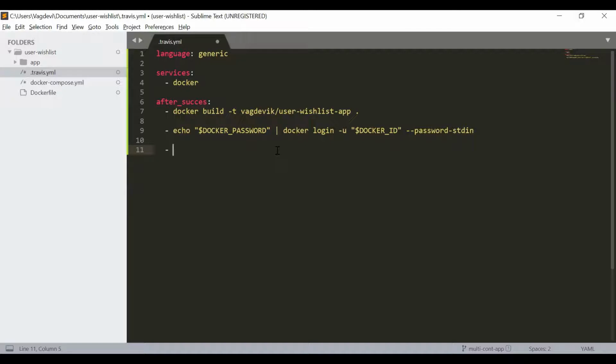So we just code it once and automate the process every time. If we change anything in the app, then Travis notices that when we push it onto GitHub. When Travis notices that change, it again follows all the guidelines specified in this particular travis.yml file.